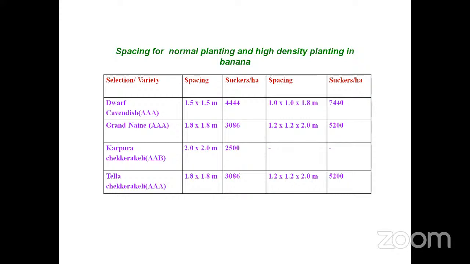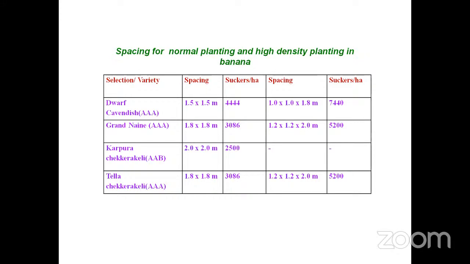This is the recommendation given at HRS Kovvur. Like in Dwarf Cavendish, a spacing of 1.5 x 1.5 meters is the normal spacing, with which we can accommodate 4,144 plants per hectare. Whereas under high density planting, with 1 x 1 x 1.8 meter spacing, we can accommodate 7,440 suckers per